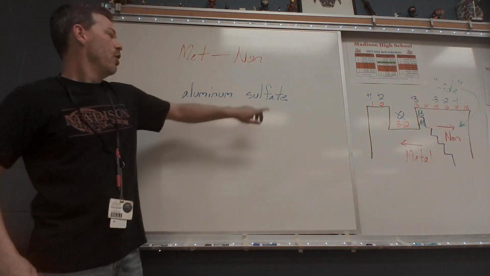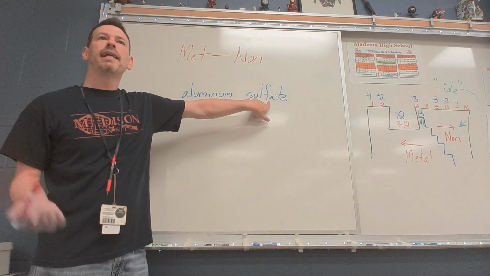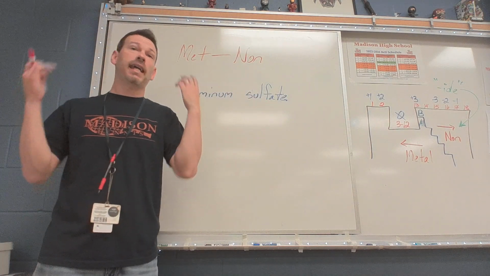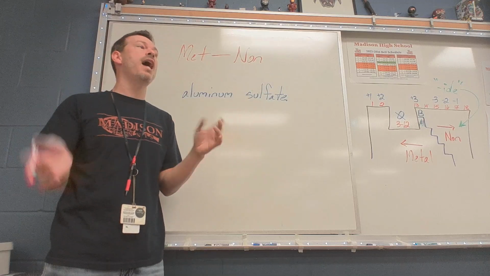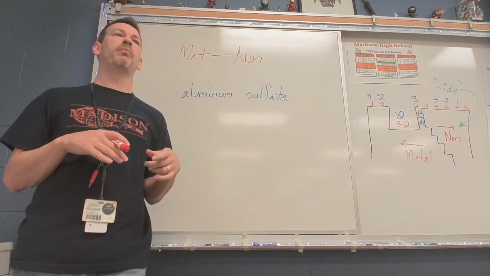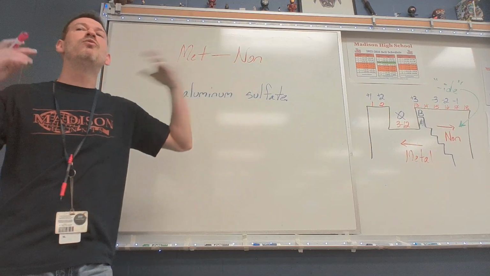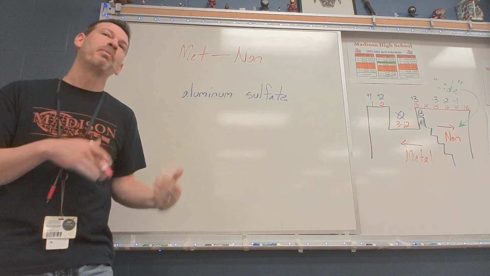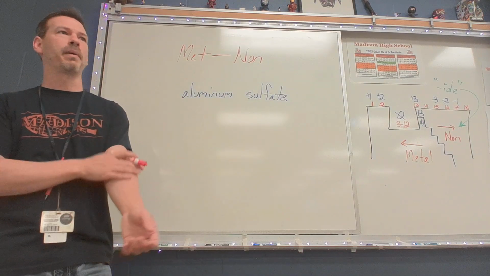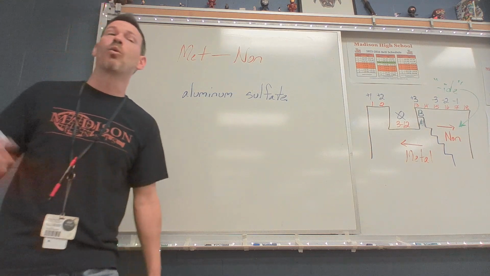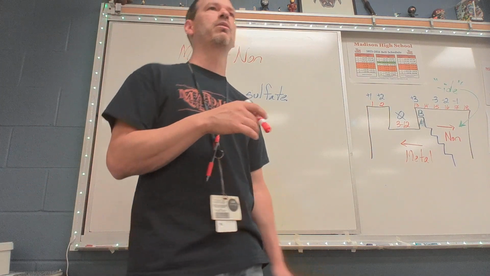Now, sulfate is polyatomic. It's super helpful if that is obvious to you right away, not just from your experience in chemistry last year, but because you did have to memorize them last year. It's super helpful when you know right away that sulfate is not on the periodic table, that it's on your polyatomic list. So if you were never good at that or you're newer to chemistry than you're supposed to be this year,